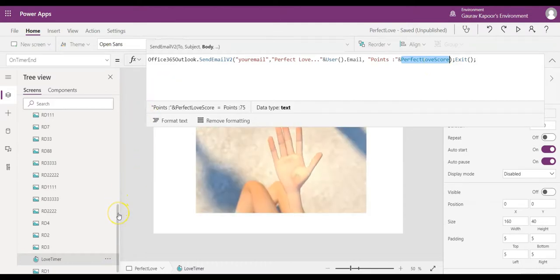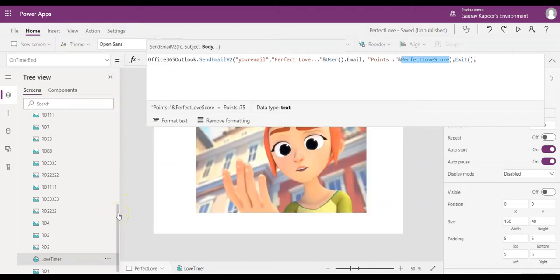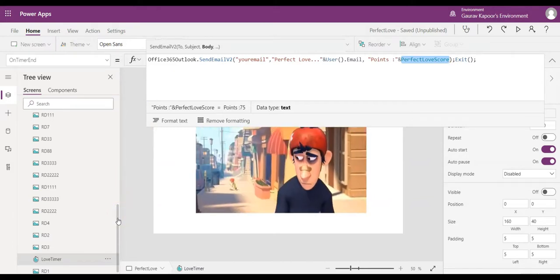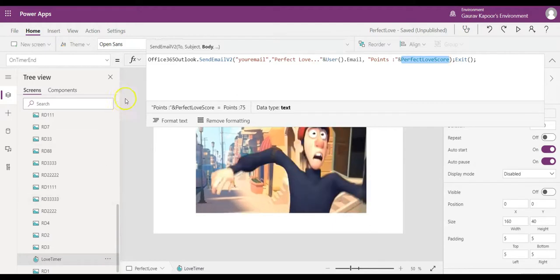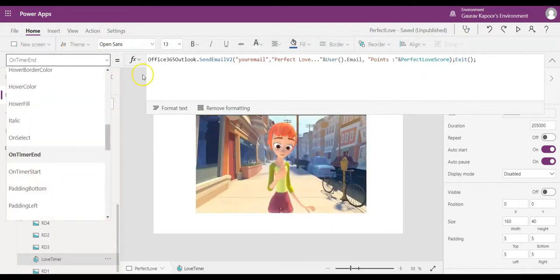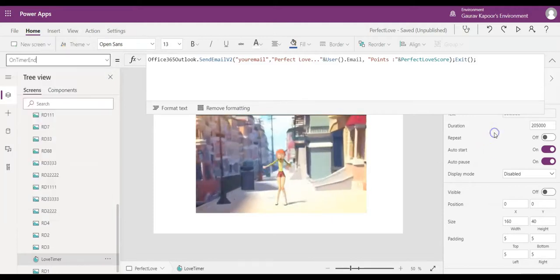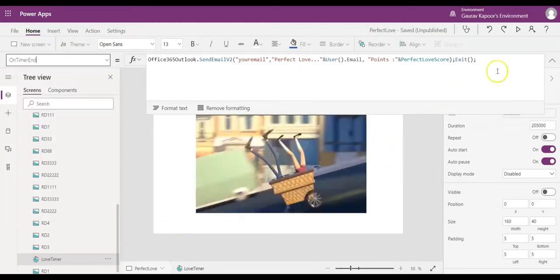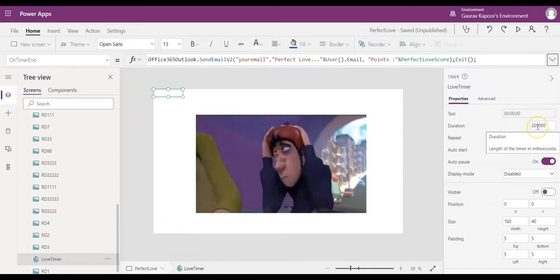So the timer value is exactly set as the video duration. If I show the timer duration, it's set here as 2 minutes 5 seconds.